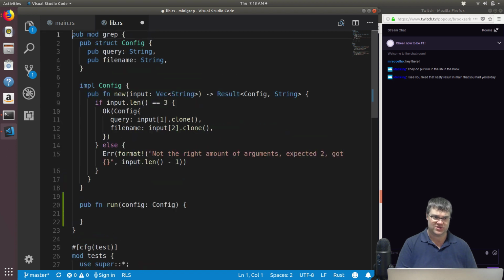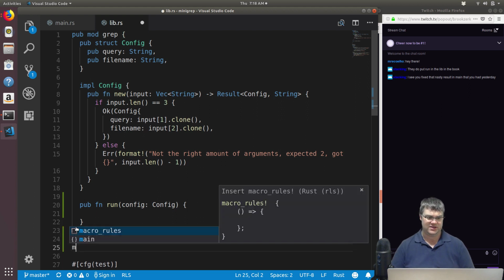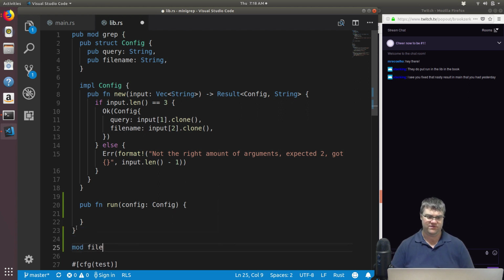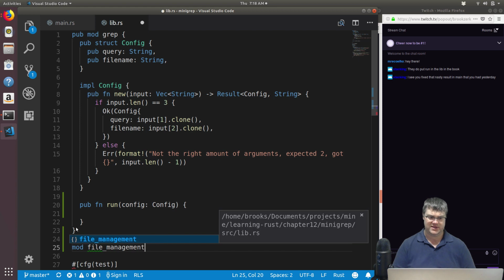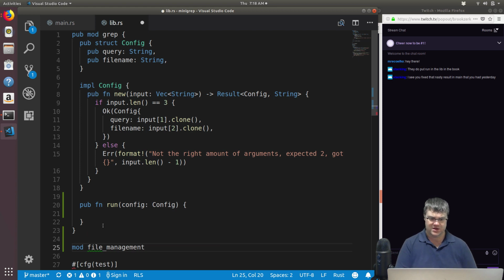Maybe that's what we should do, just have pub mod grep, and, oh, how does it work? I could do something down here, like mod files, file management as its own mod. But if I do that, I need to